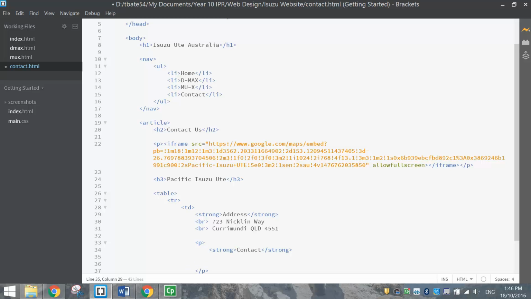Okay, going down to the next line, we're going to put in a line break once again. So write the BR tag. We're going to use bold text again, so write the word strong again. Inside the strong tags, we're just going to write the word phone with a colon. Now outside of those strong tags, we're going to put in the phone number for this business. Okay, so I'm going to put a space after that closing strong tag, write 07 in brackets, and write